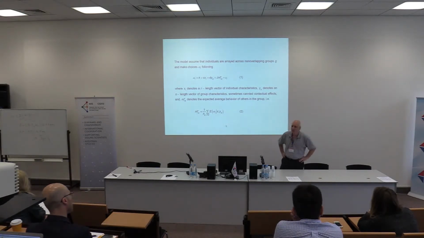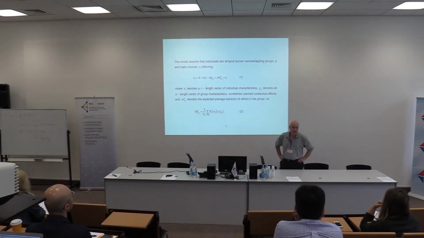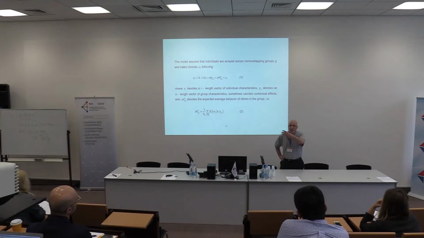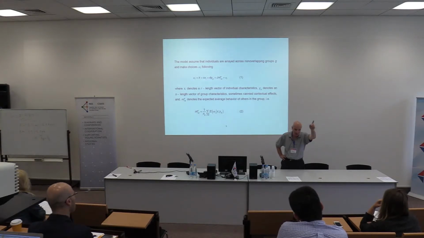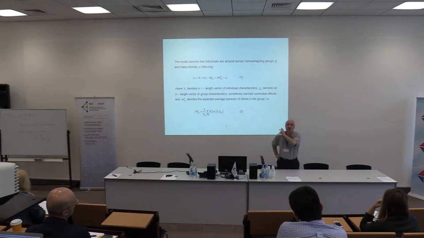Classical simultaneous equations models would not have the beliefs about the behaviors of others. What would have appeared there? The actual behaviors of others. So in other words, when you learn simultaneous equations, you would say my behavior depends on your behavior, not my expectation of your behavior, your actual behavior, and so on and so forth.